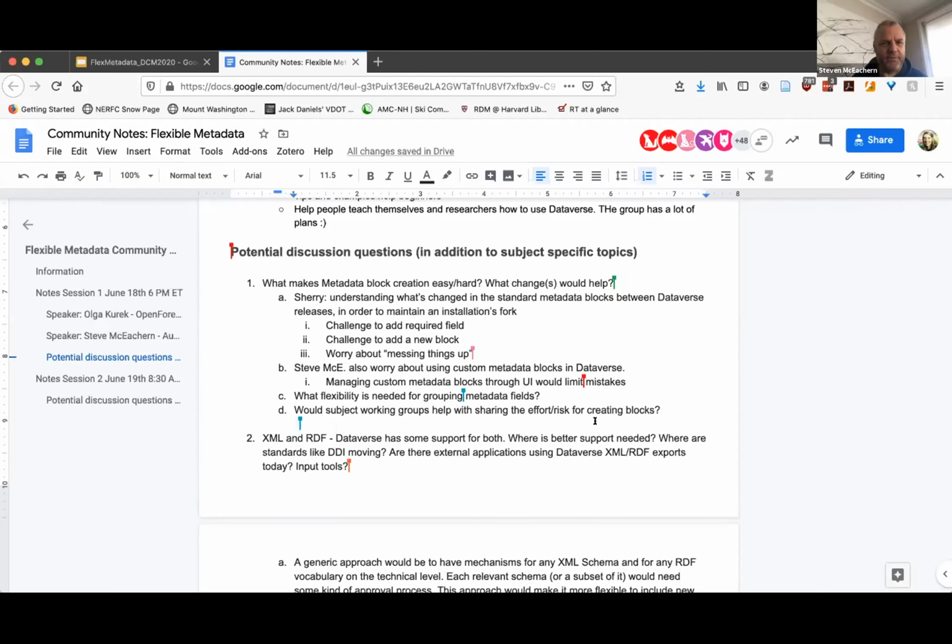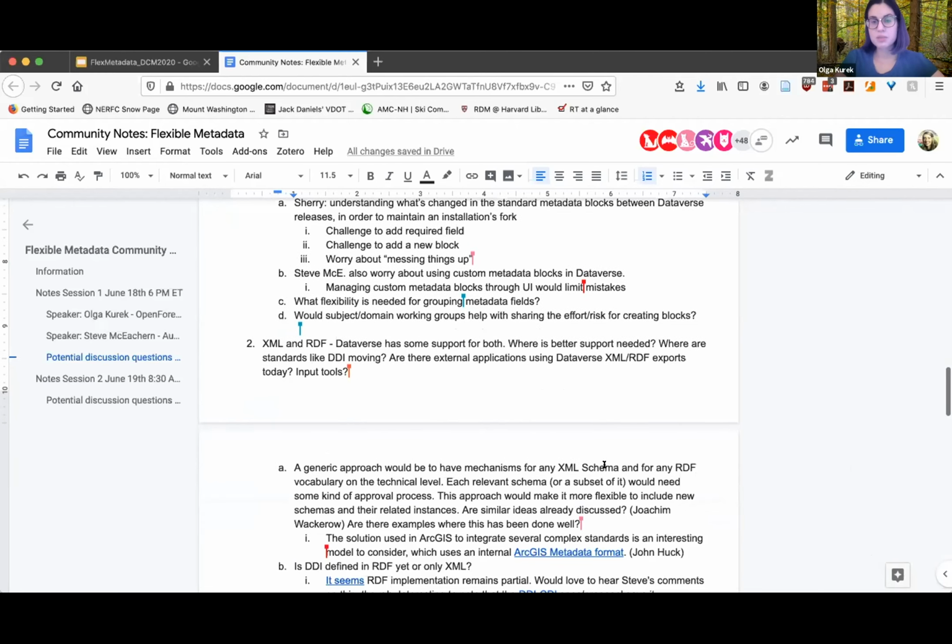Can I just get a clarification from Jim and or Olga? By grouping here, what are we grouping? I'm just trying to clarify in my head. I can think of a couple of ways. Yep. We take a set of fields that we can populate with multiple values, which is very important in these extensions to this schema.